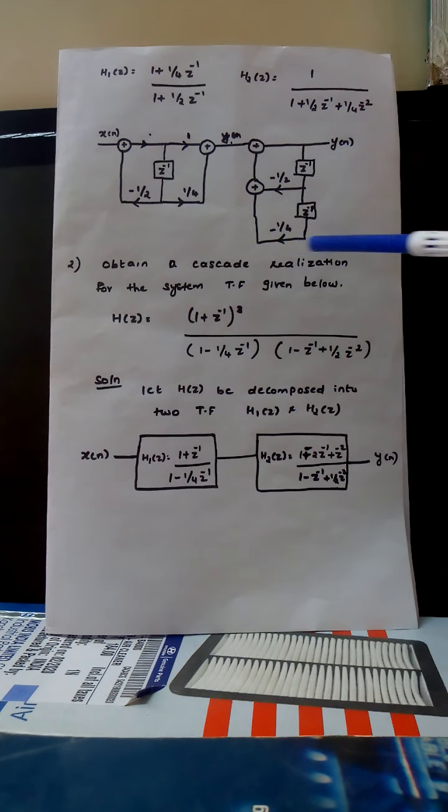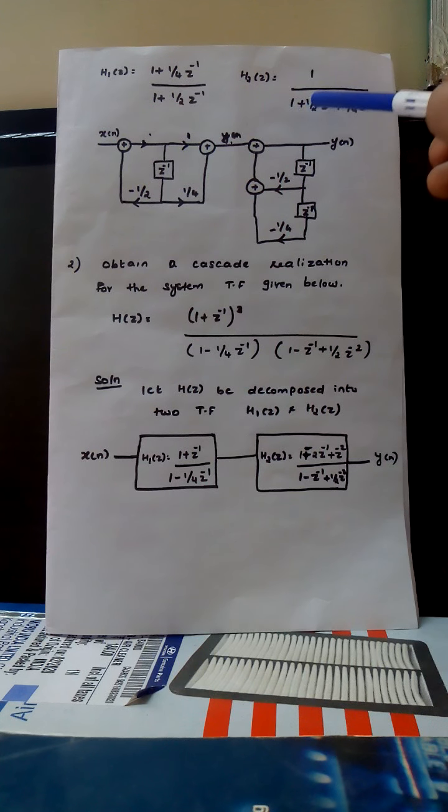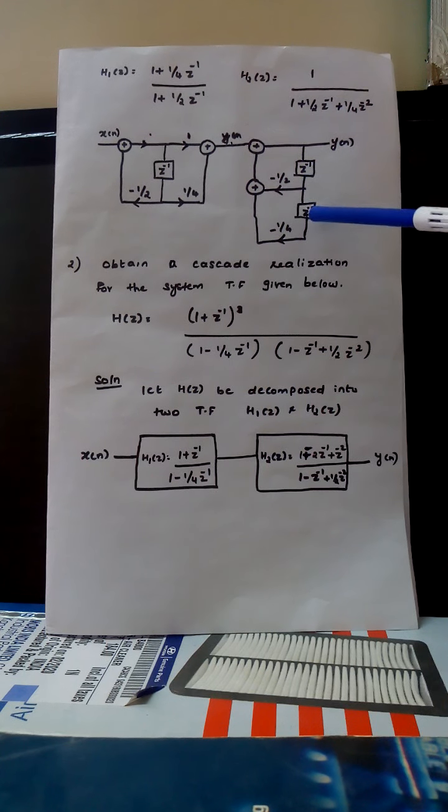And this is your second subsystem. You have to draw the direct form 2. If you are taking the numerator term here, we don't have anything. In the denominator term we have 1 plus 1 by 2 into z to the power of minus 1 plus 1 by 4 into z to the power of minus 2, correct? If you are seeing here, the highest order is 2. So we need two shifting operators. So we can draw z to the power of minus 1 and z to the power of minus 1. The z to the power of minus 2 is multiplied with the constant 1 by 4, so we have to take it as a minus 1 by 4.